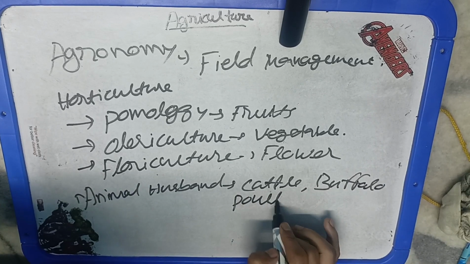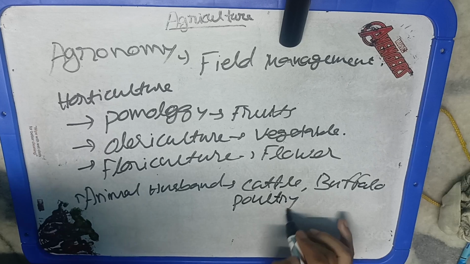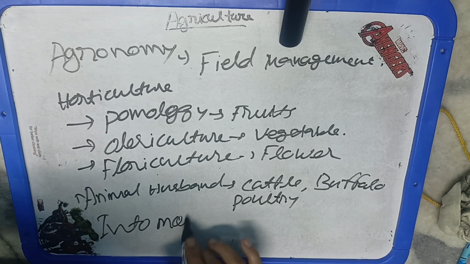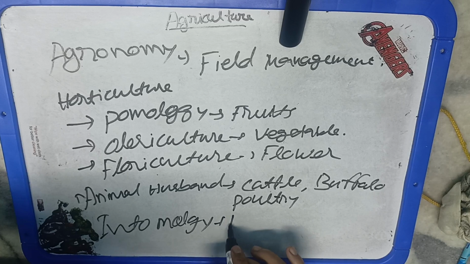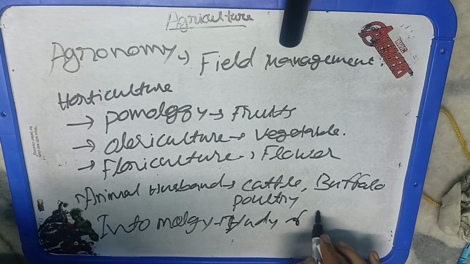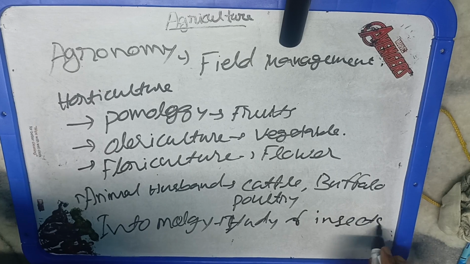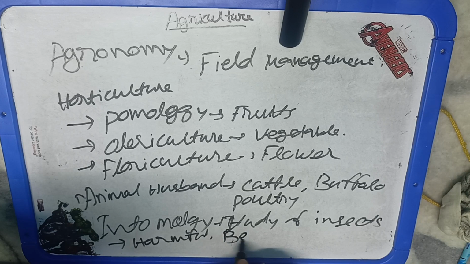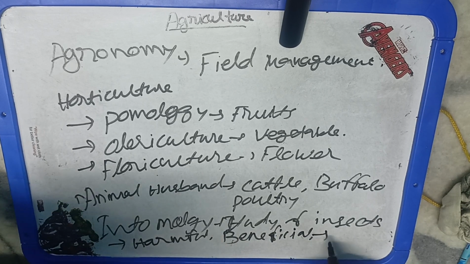Then is the entomology. Entomology is related to the insects which we are studying, and these are basically causing harm to our crops. So majorly insects are damaging our crop. That is, they are affecting the economic value of the crop. Similarly, many of the insects are beneficial also. Like you will see honeybee. Honeybees are good pollinators. They are producing the honey which is basically consumed by us. Similarly, the silkworm producing the silk. So beneficial insects are also there along with the harmful insects. Harmful insects means those insects which are causing damage to the crop.